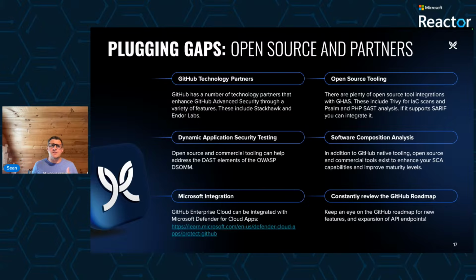Now, tools like this really help organizations expand scanning by testing running applications in real-world attack scenarios. For enhanced secret management, you have Azure Key Vault, which provides enterprise-grade secrets management that goes beyond GitHub's built-in features, which really helps organizations secure secrets across multiple repositories and environments. Using those technology partners, teams can bridge the GitHub API limitations and improve their DevSecOps maturity alignment.